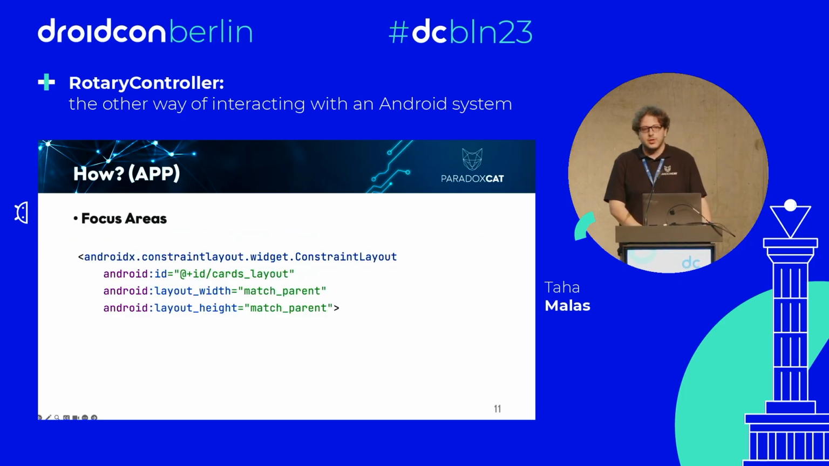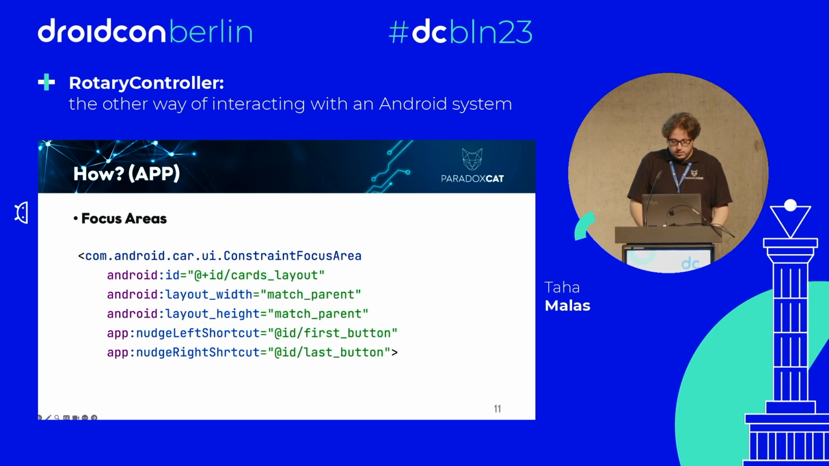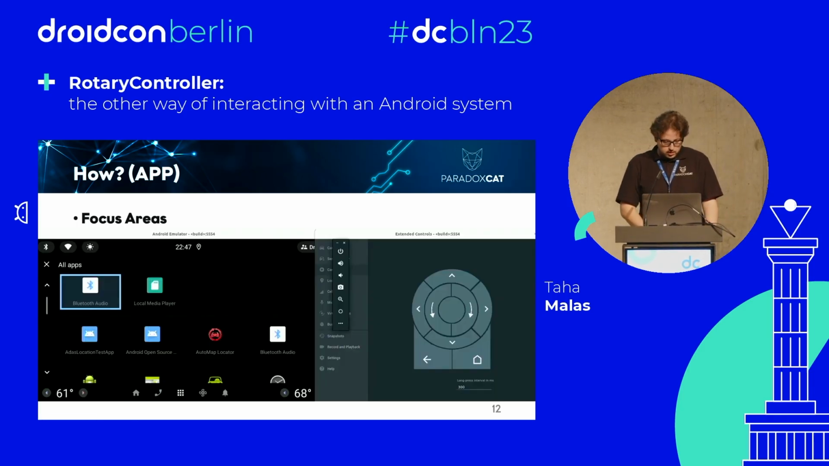So in code, as we said, it doesn't matter which view group you have. For example, we have this constraint layout, the cards layout, which we had on the right side, and all we have to do is change this constraint layout to constraint focus area. And we have also added a couple of things here, which are nudge left and nudge right shortcuts. They're basically, as you can see here in the next slide,